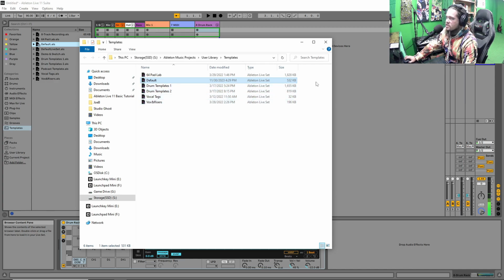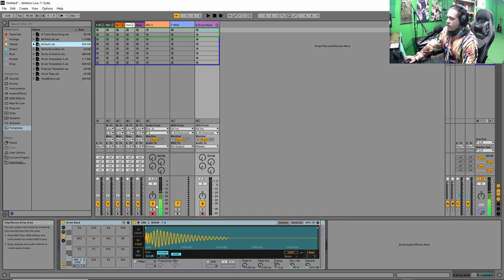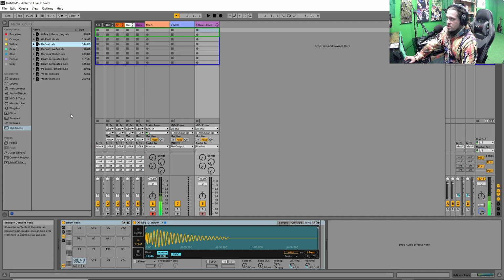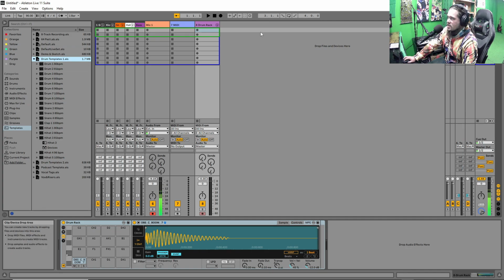All right, easy peasy. So again, after you create your drum rack, File, Save As, name it whatever you want, save it, and you're going to see it over here in this template section. Now, this file is a whole project file. So if you double click this, it's going to reopen a whole new file. But if you collapse these, it's actually going to show you all of the tracks that you had saved within that project. So from here, say I open up a new project, I can just click here, drag this in,